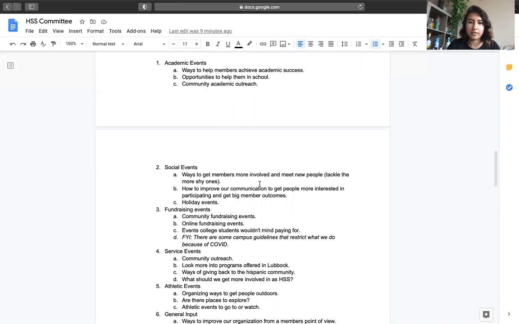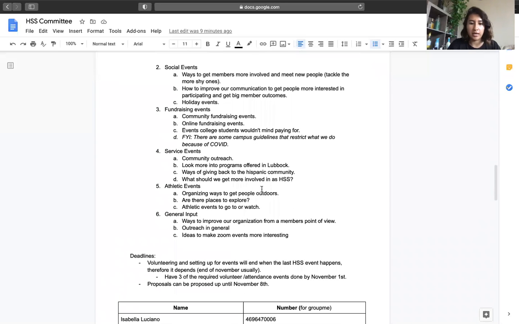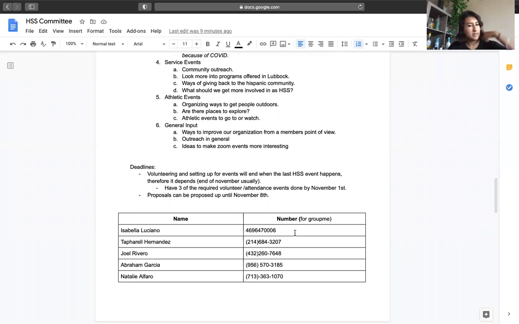But yeah, there's a little bit of ideas, and for general, if there's something outside of this that you want to implement within HSS, you're more than welcome to propose something like that as well. And then the deadlines are dates where we want to make sure y'all have your requirements done by, just so you're not slacking off and waiting to do everything at the end of the semester.